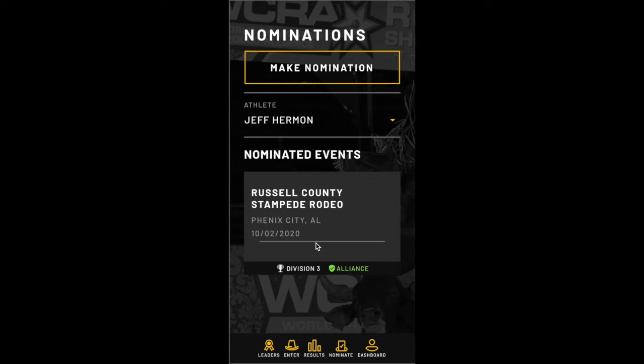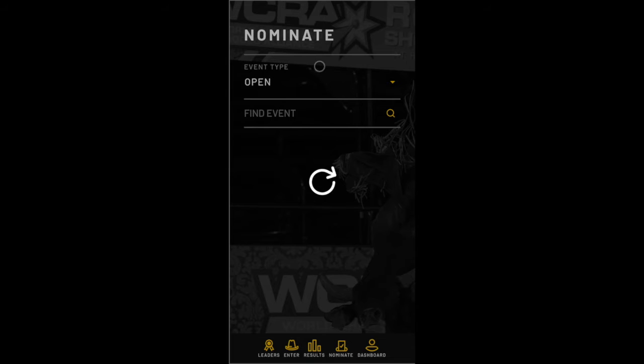Going to go over how to make a nomination in the WCRA application. First, we start at the Nominate button located at the bottom. And from here, I can see any event that I'm currently nominated in that is upcoming. If I select Make a Nomination, then it will take me to the nomination screen, and from this point, I